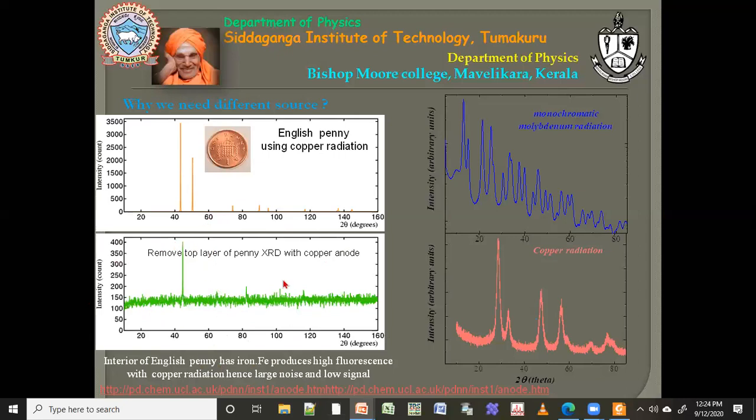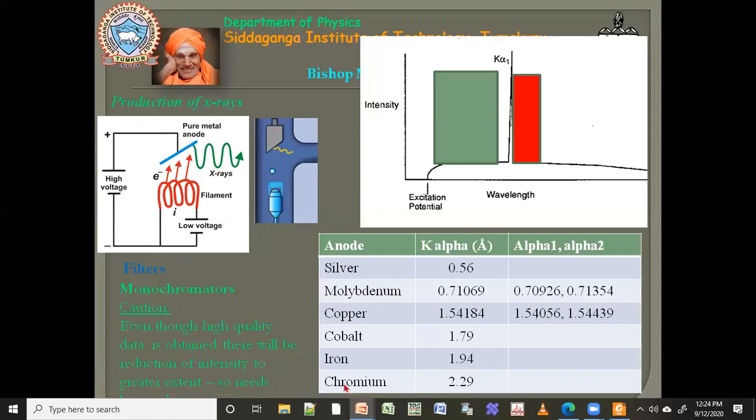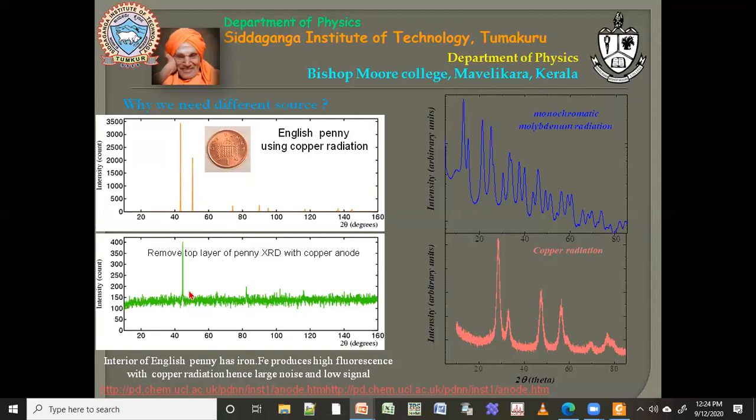So how do you get a good X-ray diffraction for iron samples? If you are doing an iron sample, then in that case it is better to use a different source. As I told before, you can either use cobalt or chromium or molybdenum. So instead of copper, you can use either cobalt or some other source. In that case, you can get better results. You can get a good background, which is almost flat. Here it is too much noise. If I use a different source, then I get a better X-ray diffractogram.